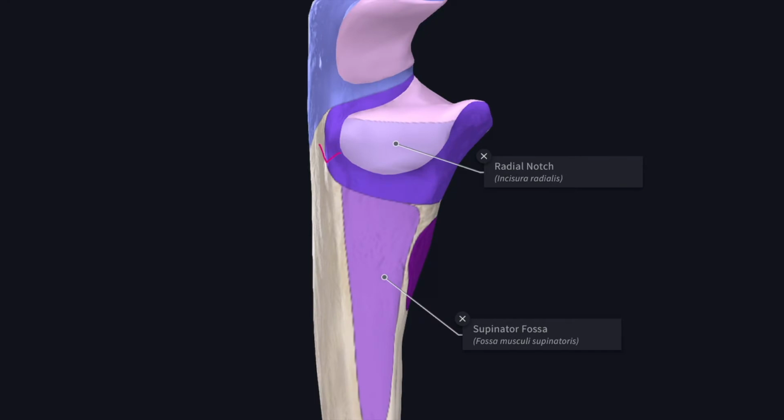Next we'll see about the lateral surface of the coronoid process. It presents, adjacent to the trochlear notch, the radial notch. So this is the radial notch which articulates with the medial part of the peripheral margin of the head of the radius. The rest of the surface below the notch presents a triangular depression which is limited behind by a raised margin that is called the supinator crest. The depressed area forms the room for the movements of the radial tuberosity during supination and pronation.